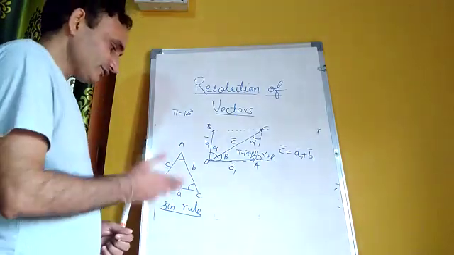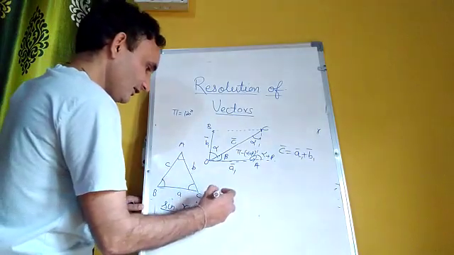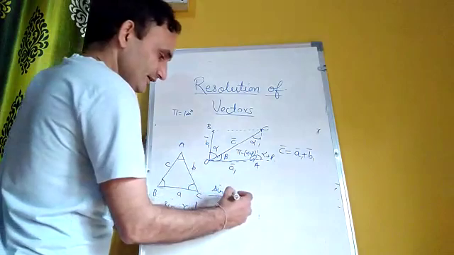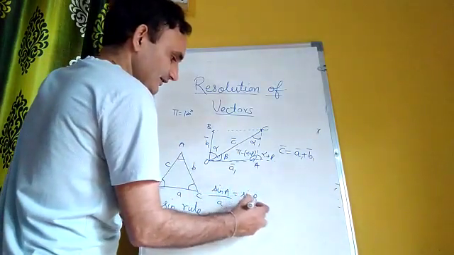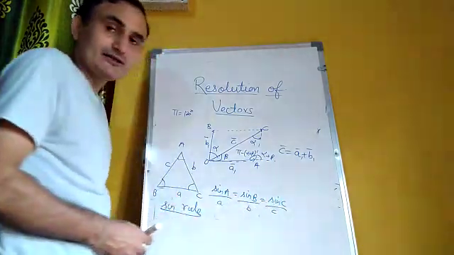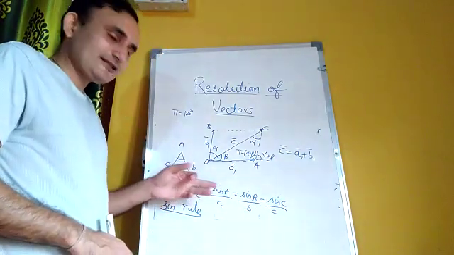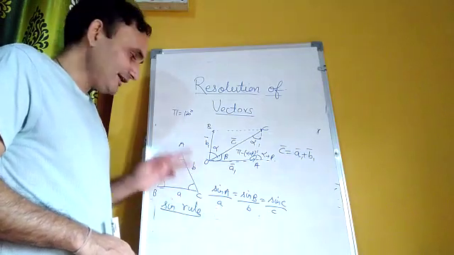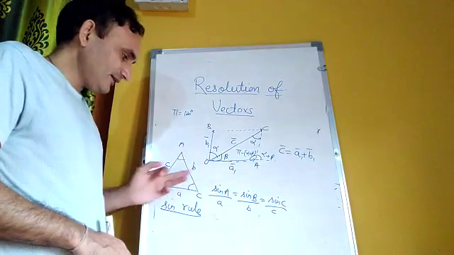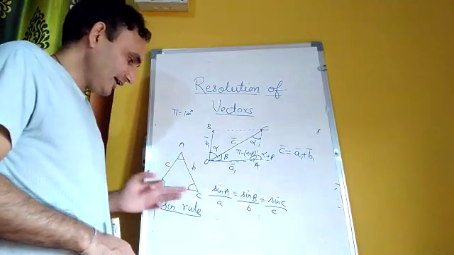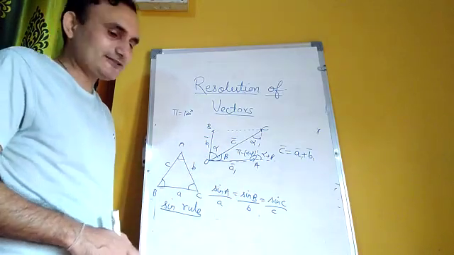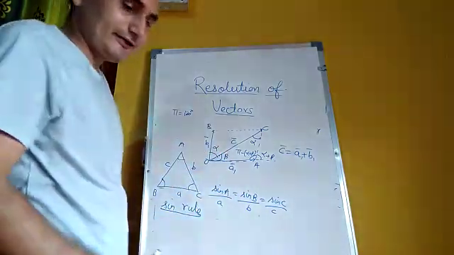The sine rule says that sine of angle A upon the length of the side in front of it is equal to sine of angle B divided by b, which is equal to sine of C divided by c. That is, sine of an angle divided by the length of the opposite side is the same for all three. In a triangle this is always true. This is called the sine rule, and we will apply this rule here.